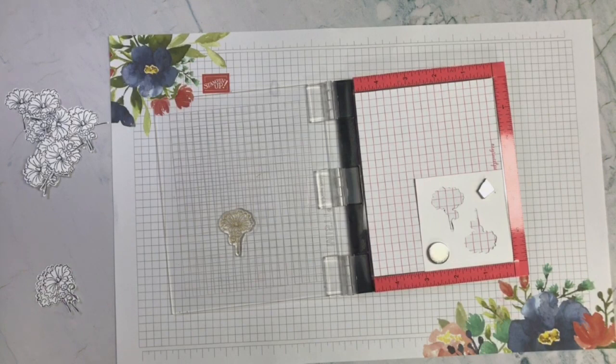So I'm not going to be really working on a card today. I just wanted to make this quick little video because I wanted to share with you what I am doing for an upcoming project and just kind of show you my little tips and tricks that I came across when doing this. So I have been saying that I really want to get to use my Cameo Silhouette more